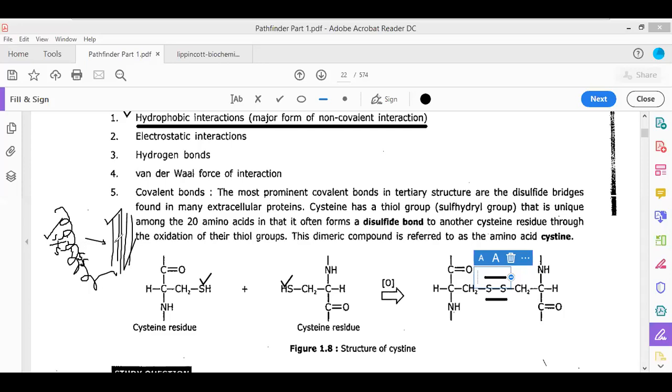In the case of temporary straightening, what is being done? Temporarily, these disulfide bonds are being broken down. What does the parlor person do? If you have straightened hair and you want your hair to be curly and fluffy, then rollers are used to roll over your hair. At the ends, the rollers will cause the hairs to assume a particular conformation. Here the gel would be applied so that the disulfide linkages can be maintained for a particular period of time. Once you wash your hair, the gel is gone, the disulfide linkages are gone, and the hair becomes straightened.